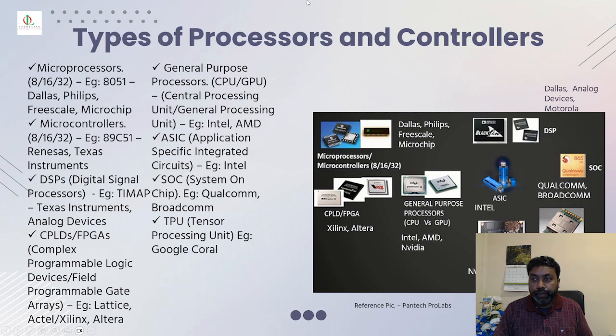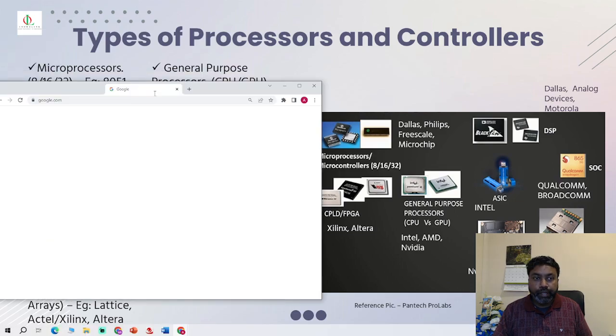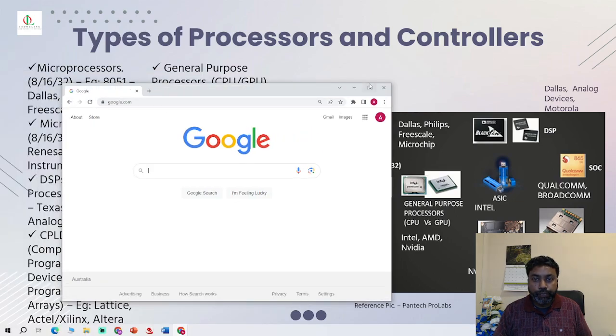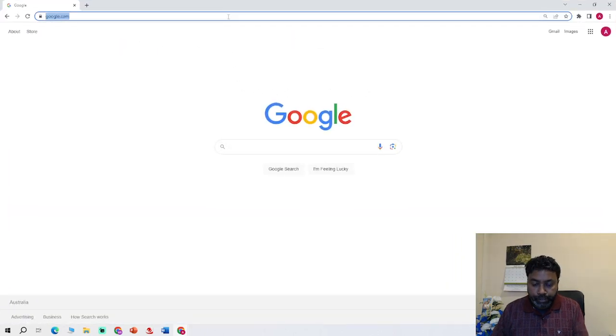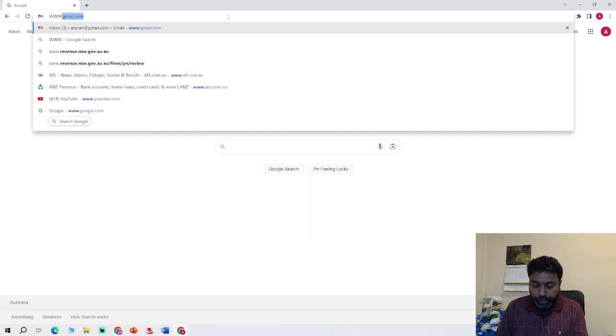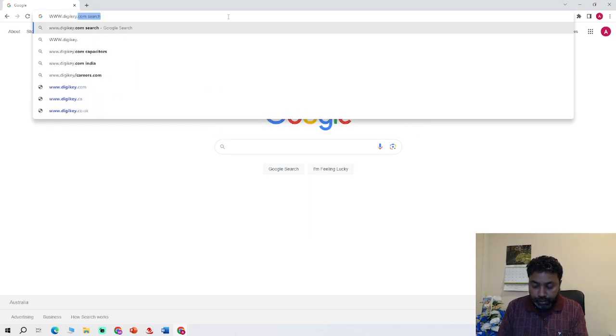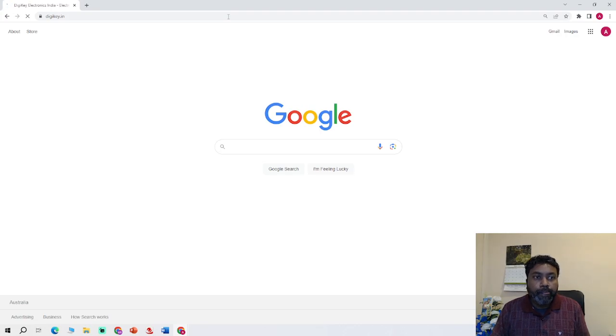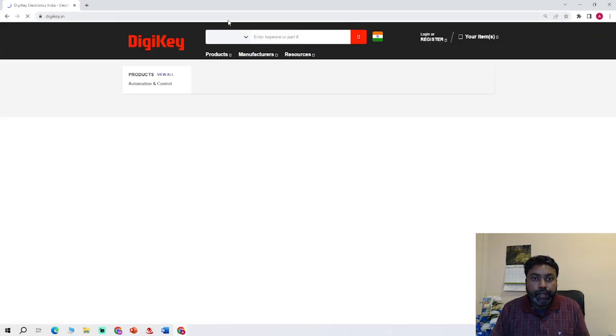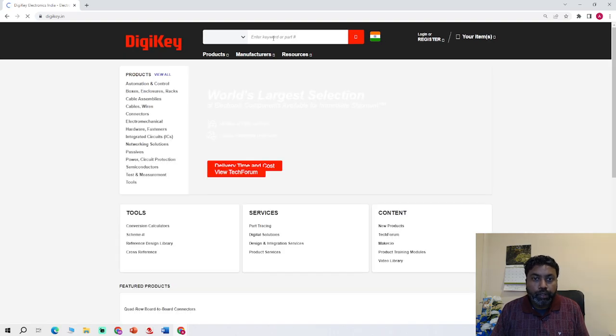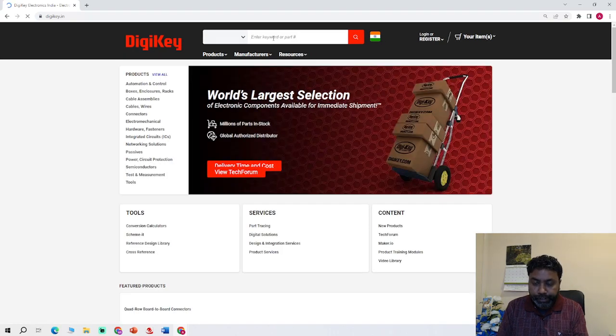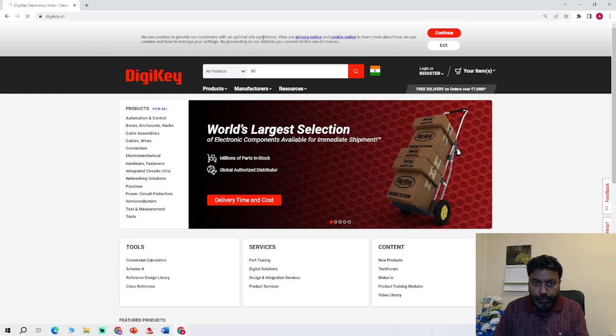Just to give you briefly an outlook about how many processors are involved out there, I strongly suggest you go to this site where you can look for microcontrollers. There is a supplier site called digikey.in. If you go in there, you can see for yourself what are all the available microcontrollers and DSPs, etc. On the search bar, you can type microcontrollers,